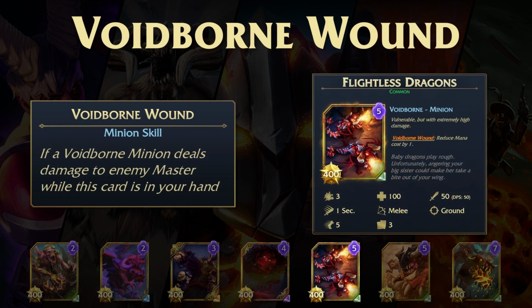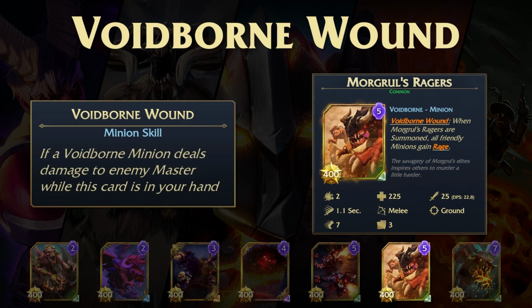Next up we have the Flightless Dragons. Again, reduce mana cost by 1. Following them, the Morgrul's Rages. Now this is a card that I've definitely had a number of people be quite confused about exactly how this works. So what happens with the Morgrul's Rages is, again, to trigger it, the Voidborne Wound, and once it's triggered,